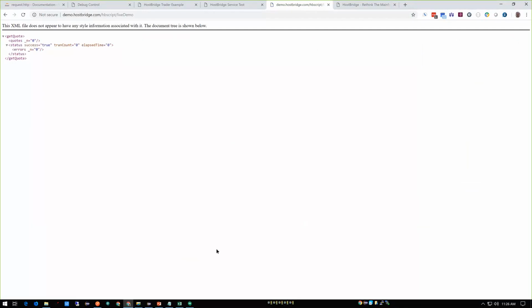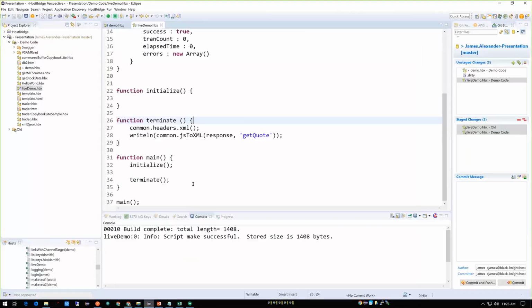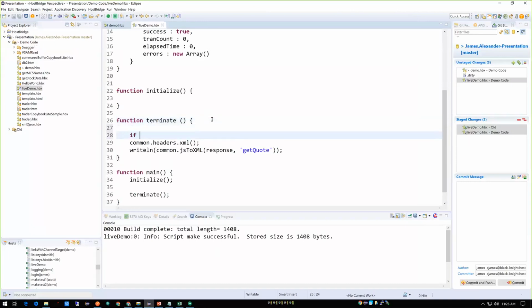But how do I switch between XML and JSON? I've got to do something here that allows me to do that. We'll put an if block in place. I'm going to say if, and I have to create something that's going to allow me to say whether I want this as XML or JSON. I'm going to pass that in as input, and I'm going to have a variable in my input called type. If type equal